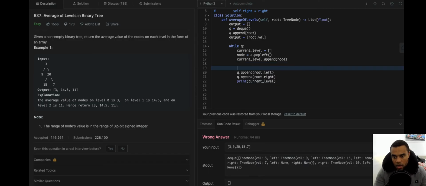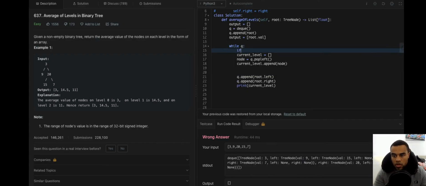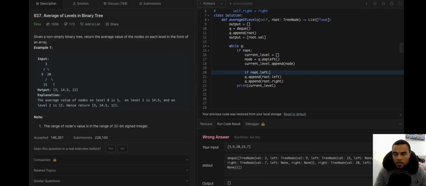What if I were to say while q, well, I think I can check up here if root, and then here I might need to check if root.left, if left, append; if root.right, then append.